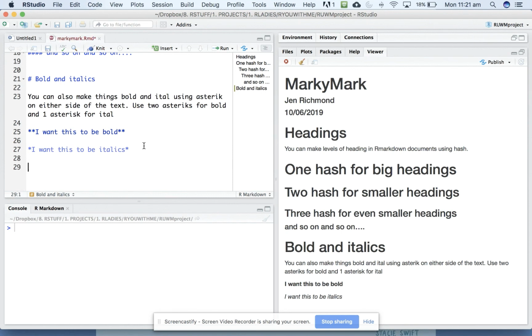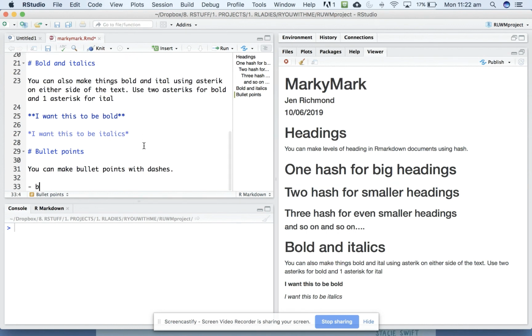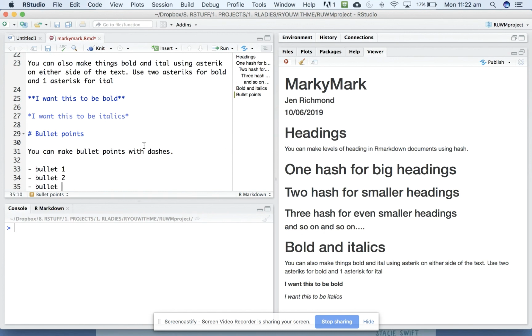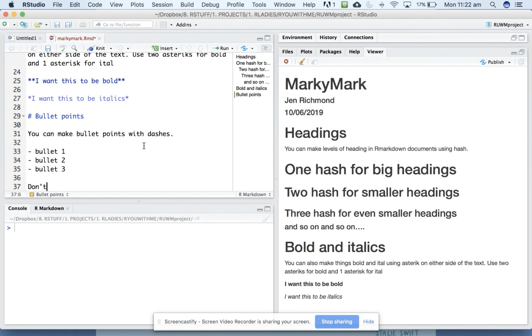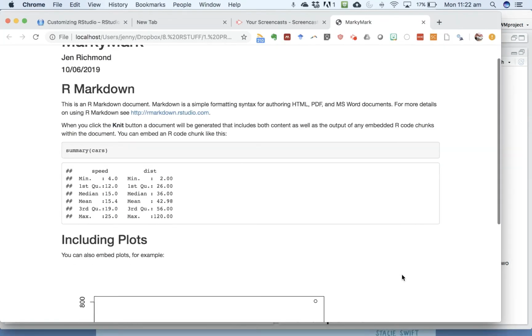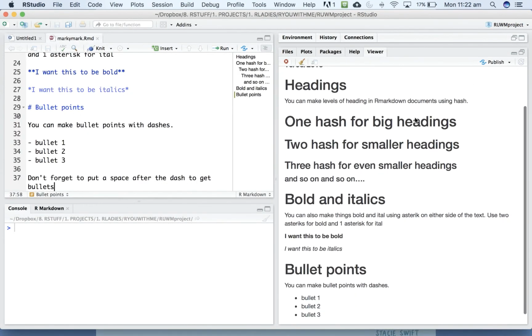You can also make bullet points. All right, so don't forget to put a space after the dash to get words. All right, let's knit that. Oops, where did we go? Down the bottom, we have bullet points with dashes,